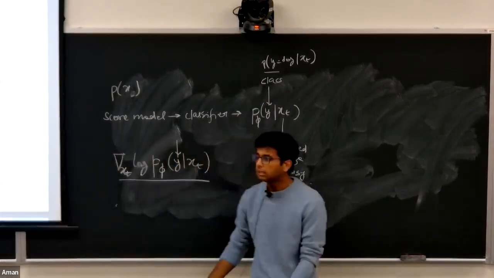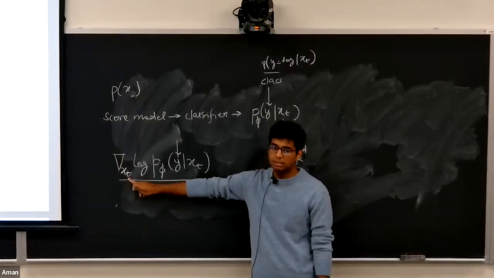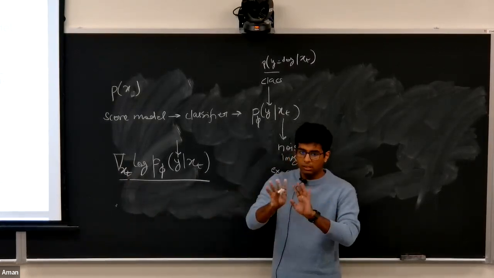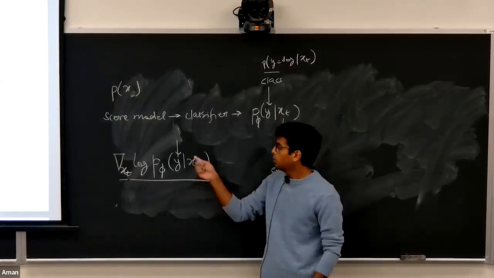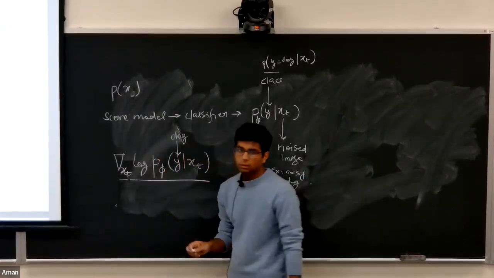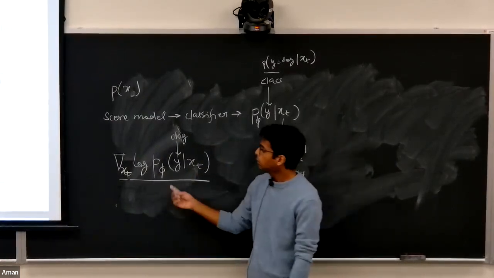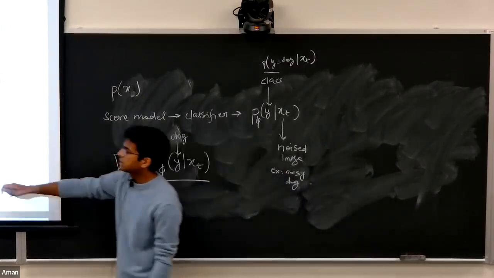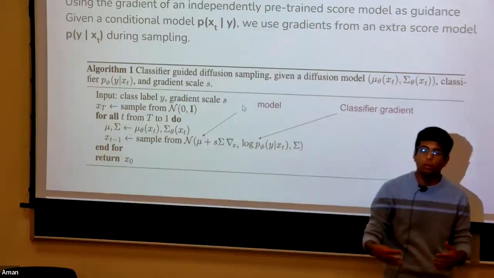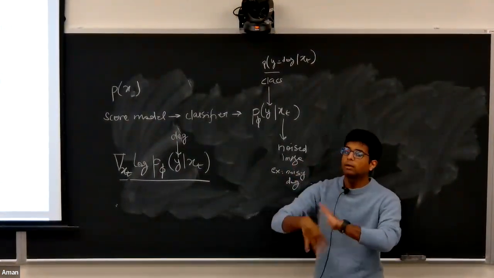That makes sense, right? It's just the gradient of this probability model with respect to the image space, like the image pixels themselves. So it essentially is just how much the pixels need to change in the image for this image to be, let's say, a dog. So when you're sampling from this kind of model, you can just shift the pixels that you sample from the model by this amount. And that would automatically push your image towards a direction where it resembles the class more,